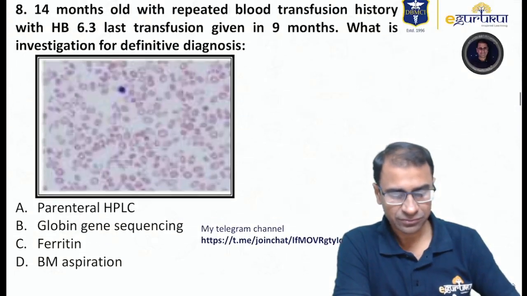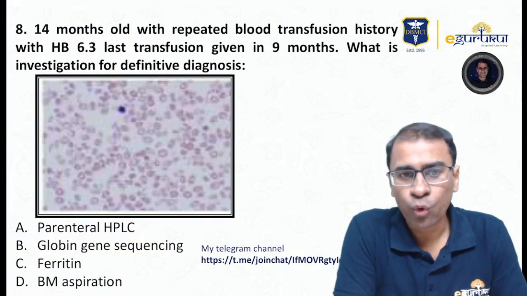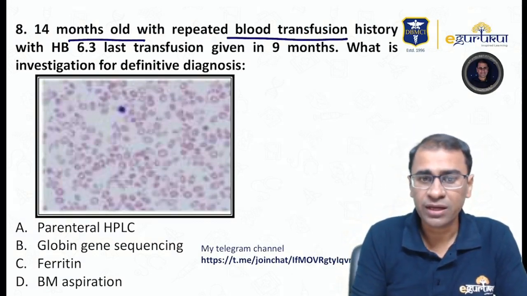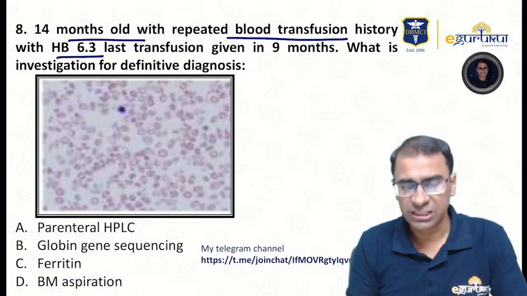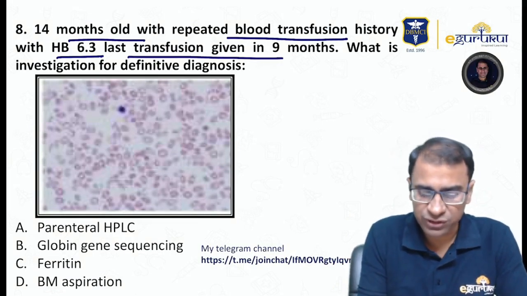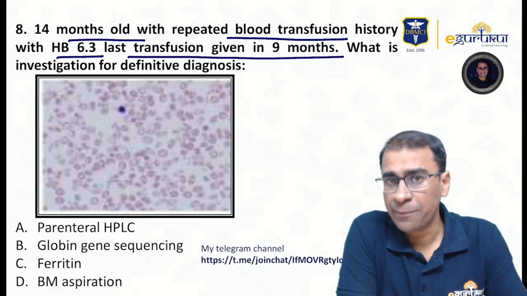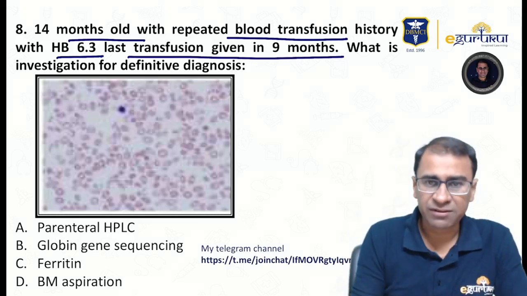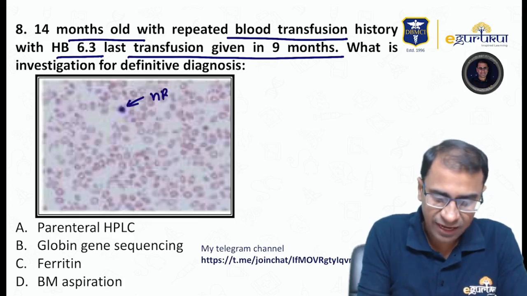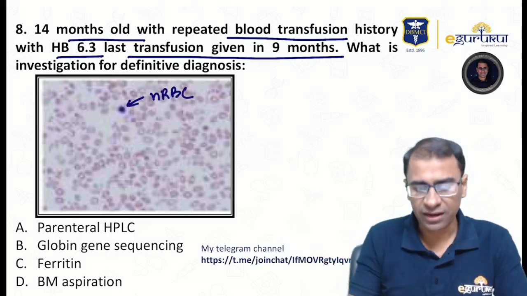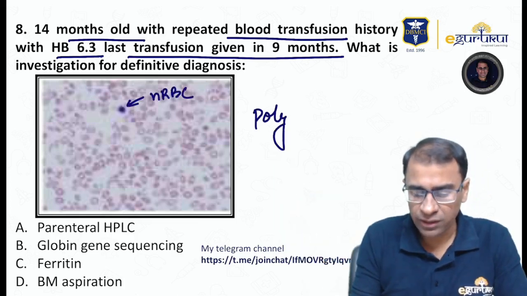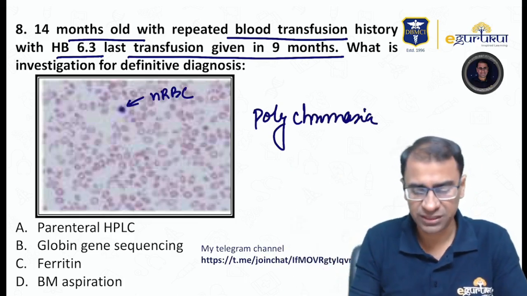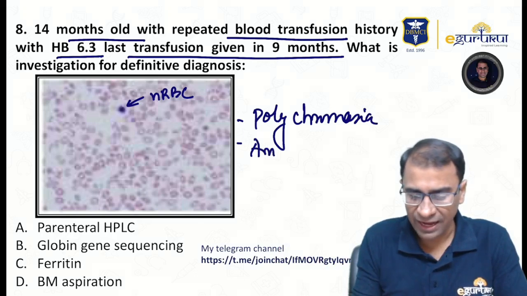Okay. Next, a 14-month-old patient with repeated blood transfusion history. Okay. And hemoglobin is very low, 6.3. And he has been given transfusions in 6 months. He has repeated blood transfusions in the last 6 months. See, now, if you look at this peripheral smear, this is an NRBC. And even though this image is not very clear, it was showing basically polychromasia. That means slightly darker color RBCs. And was showing to you an